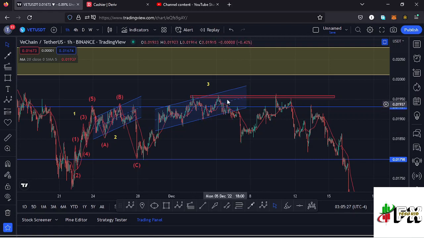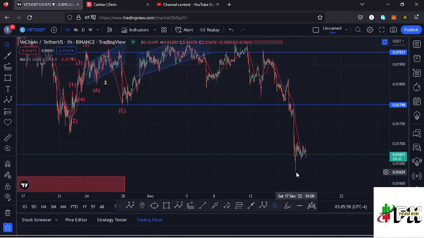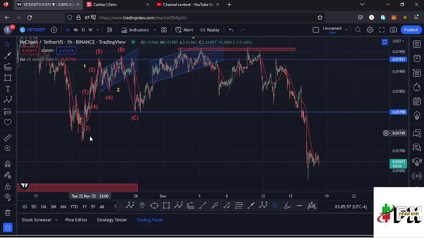And after losing the wave 1 high, we have continued pushing even lower, lost the 20-day MA, and even made a new low here on the Vechain chart. Now I have my higher Elliott wave count 2 low at around the $0.016 mark. That is after making a new low below the low that we had initially at around the $0.017 mark.